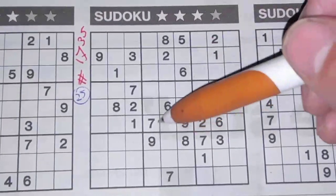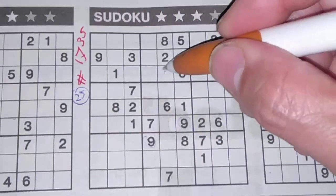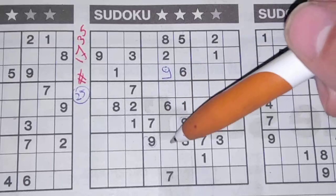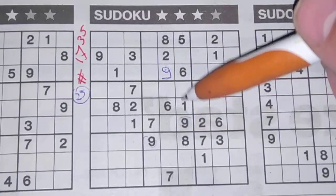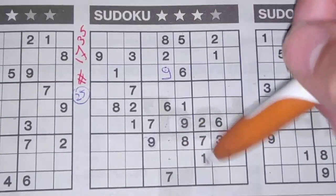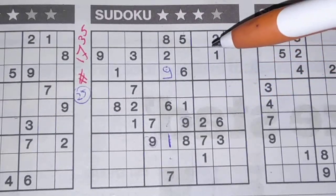I see here a 9 in this column, a 9 in that column, so in the middle column, the only place for the 9 should be there. And then 4 missing numbers in the middle column. One of the missing numbers is a 1. We see here a 1 in this big square, so no 1 in these 2 boxes. So the 1 could be here or could be there. Well, we see here a 1, so no 1 there. The 1 should be there. 3,